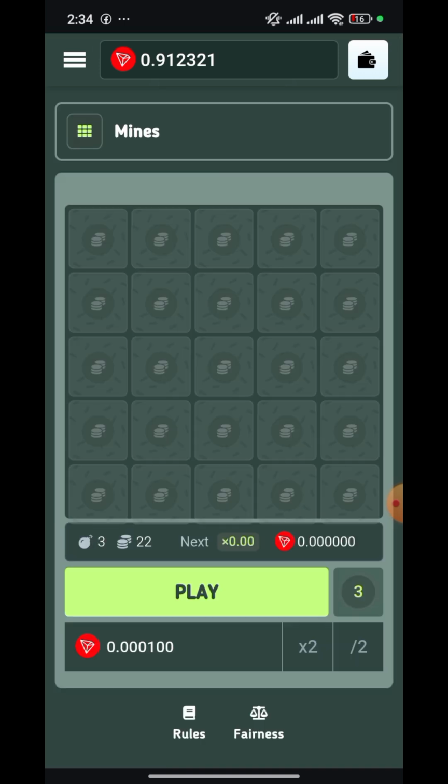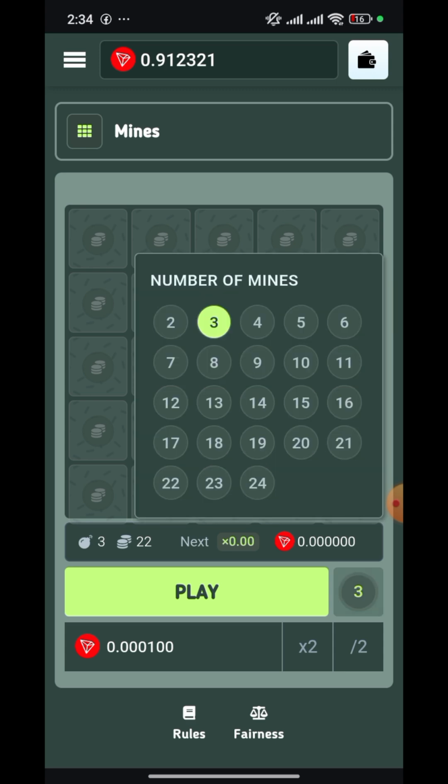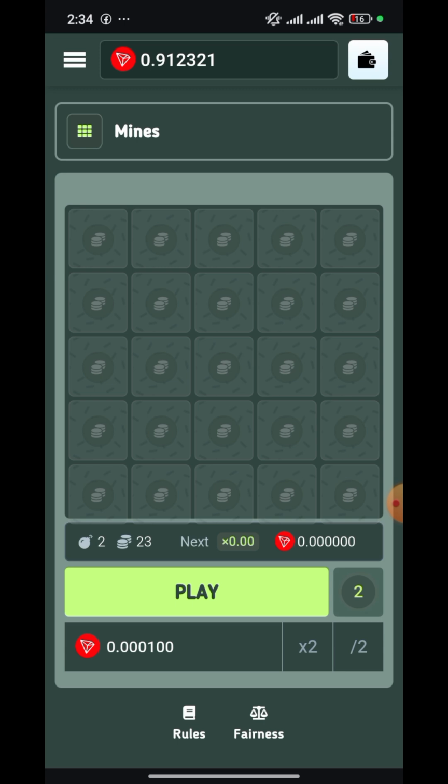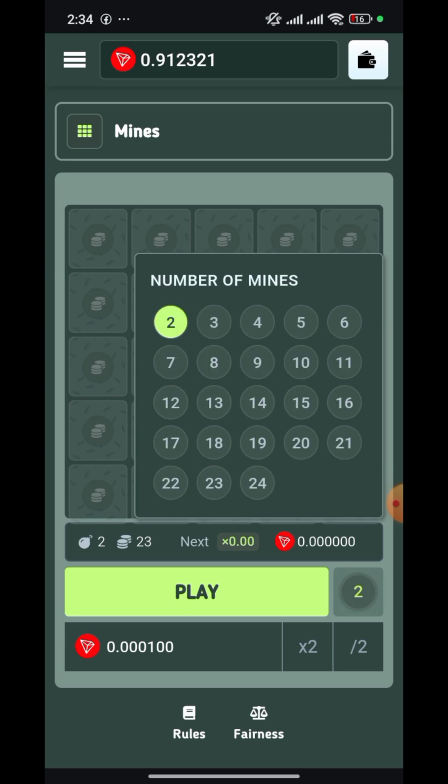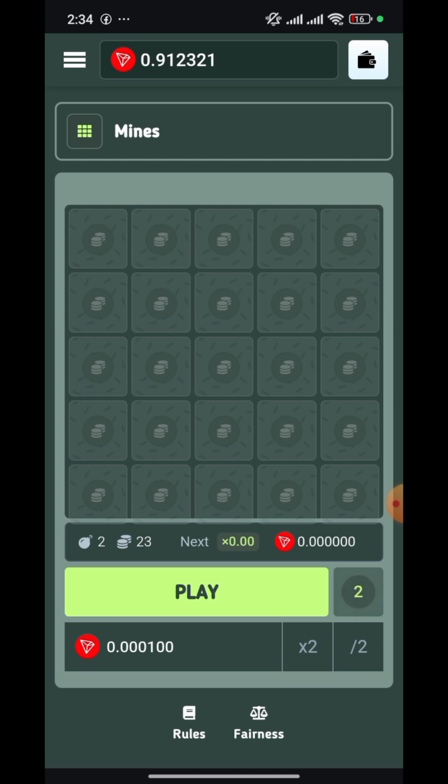First, before you play, we have several settings. As you can see at the right side of the play button, you have the number 3. You just click it and select the number of mines. The mines are bomb-like things where they will be placed in the game. After you select to just play, you click play, then